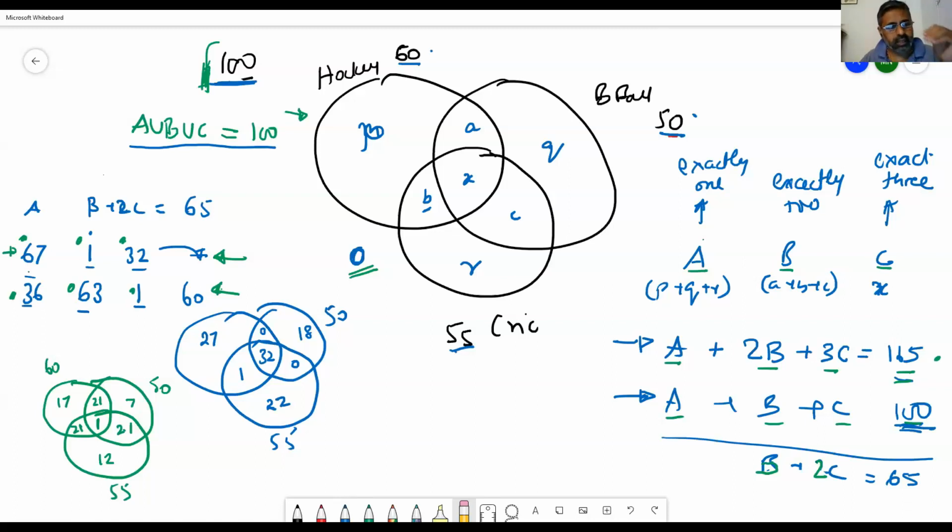But to understand the mathematical approach, if we go through the Venn diagram, we'll at least be able to appreciate, okay, this is how it is happening. Then we stick to the mathematical approach. Is that clear? Yes. So I just want you to relate the mathematical approach to the picture so that, okay, it is possible, right? And how are we arriving at that? That is all you need to know. Is that okay? Now, any questions on this?